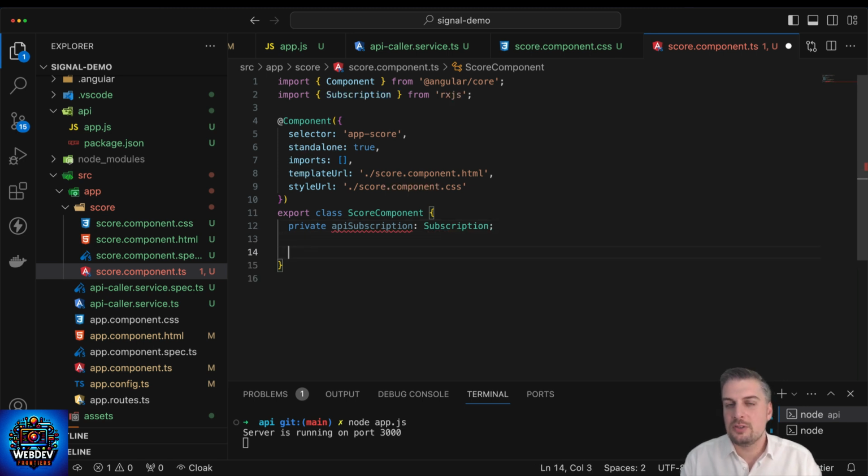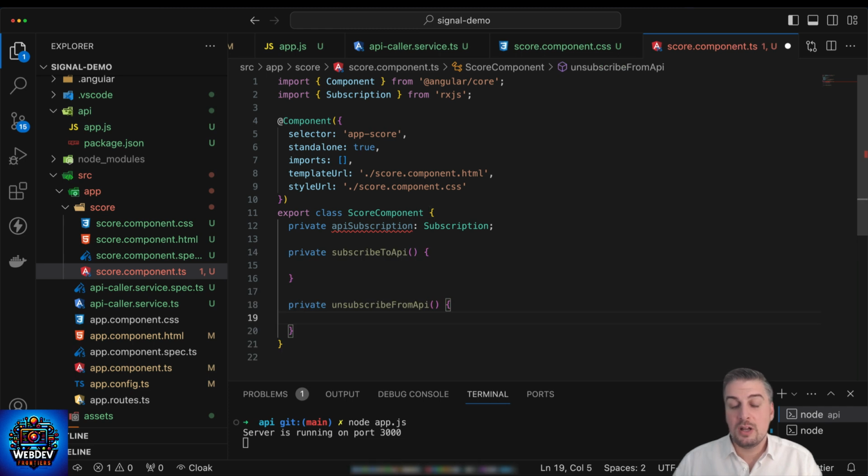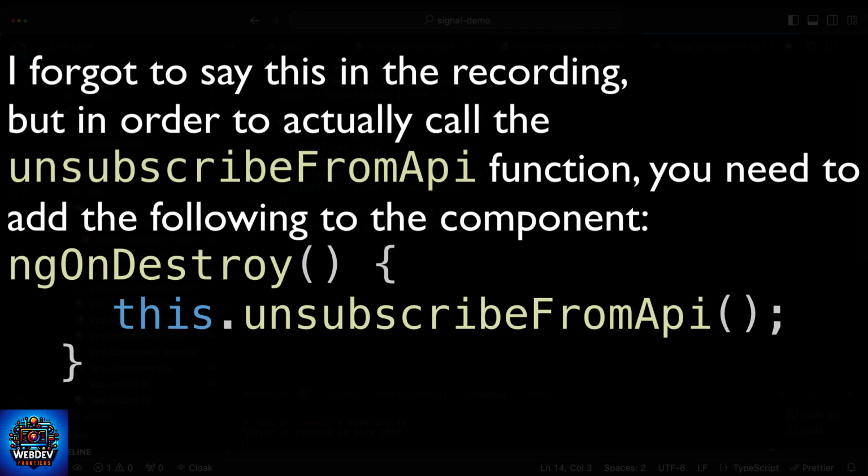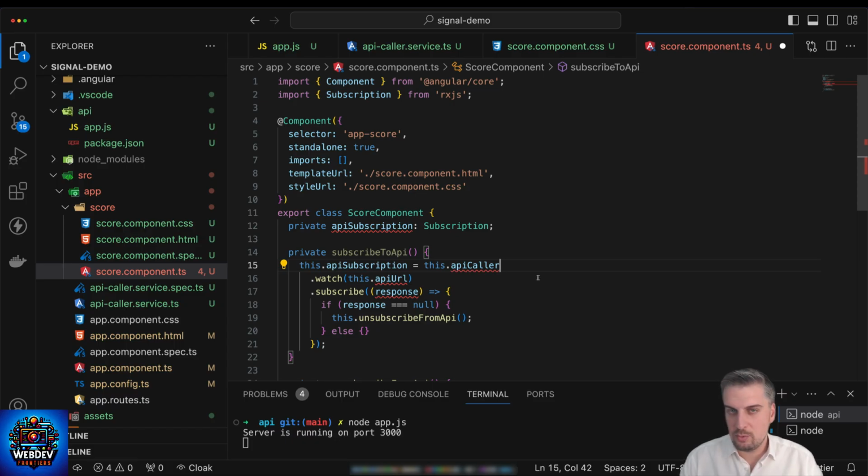Then I'm going to have two functions in here. One is going to be to subscribe and one is going to be to unsubscribe. And the logic for unsubscribeFromAPI is going to be very simple. We just basically say if there is a subscription, then unsubscribe from it. But more importantly, let's take a look at how the subscribeToAPI function would look. So this is how the boilerplate will look,